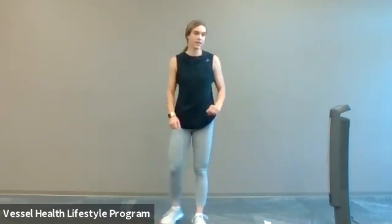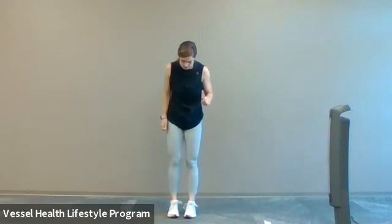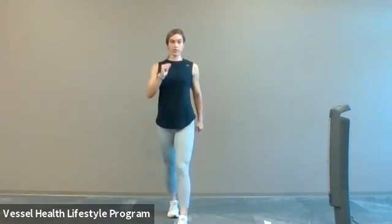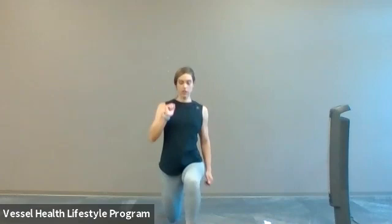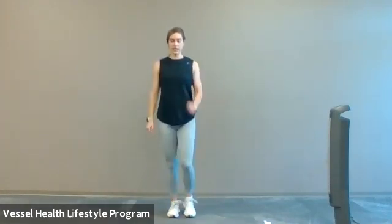Well done. We have our lunges. Let's go with that left leg first, so feet start together. Remember, you can always step if the lunge is too intense. So step or lunge, left leg out. If you're lunging, knee should be behind your toe, and we're going for that 90-degree angle,